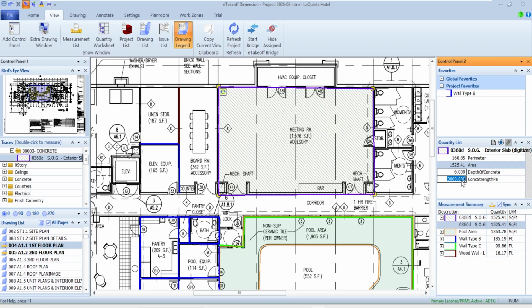So as I'm doing takeoff, I can associate this because in a later video, I'm going to show you how to take this information and push it through to an estimate. That way I don't have to re-enter this information because it was associated with an item in estimating. It automatically knows what to take off for me when I push this over.